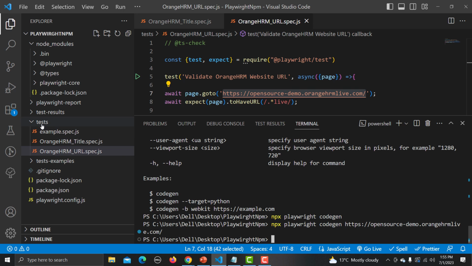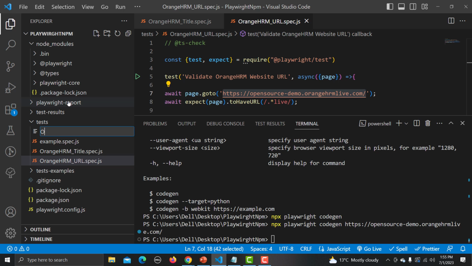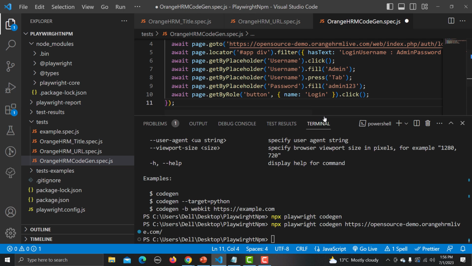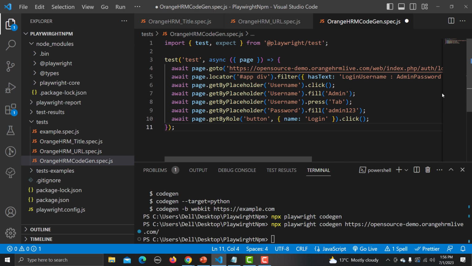And now inside the test, let me go here and create a new file, and let me name it as orange hrm codegen.spec.js, and let me paste this code here. And now if I go here in this script, this particular line is not useful here, so let me remove